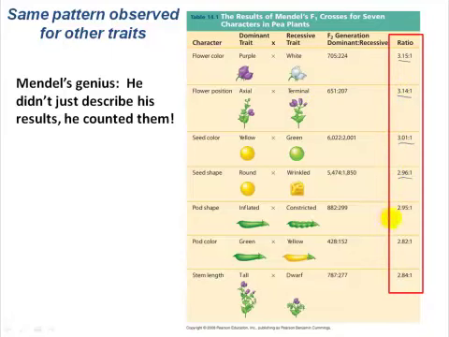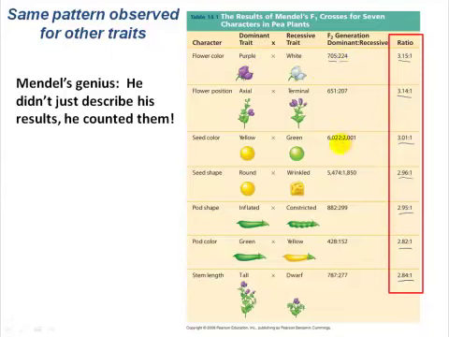And so the fact that Mendel had this preparation in terms of his education in math, he wasn't just a descriptive scientist. He didn't just describe in very general terms the inheritance patterns that he observed. He actually counted them. And because he had a background in mathematics, the numbers and the patterns that he observed in these crosses allowed him to infer what must be going on with genetic inheritance. And really, take a look at the numbers for how many different plants he scored with regard to these characteristics that he was studying. 705 plants that were purple flowered, 224 that were white flowered.